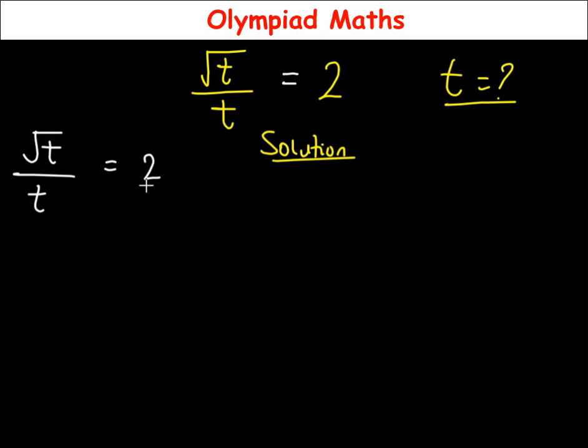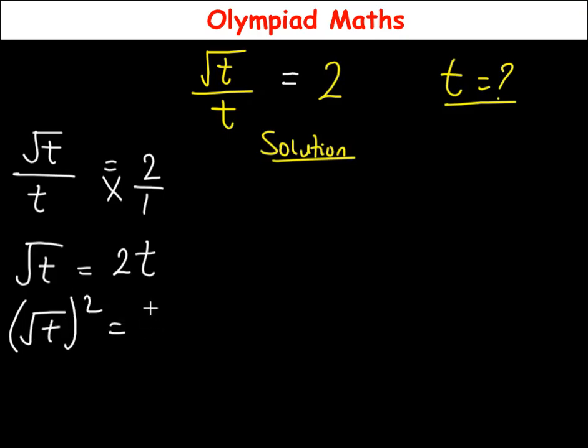2 can be written as 2 over 1 such that we can then cross multiply: 1 times root t is root t, is equal to t times 2 is 2t. At this junction, we can then square both sides of the equation. So square both sides of the equation, 2t all squared. Square cancels square root, so t is then equal to,